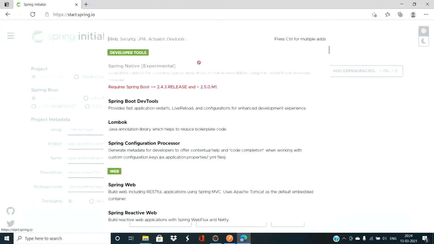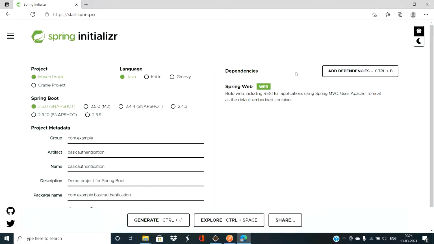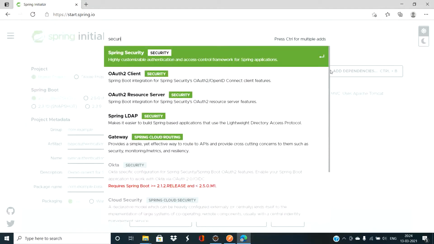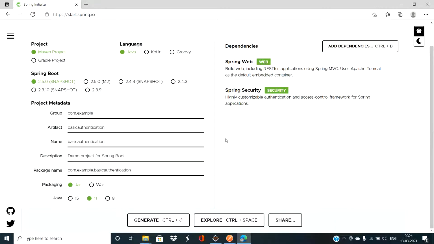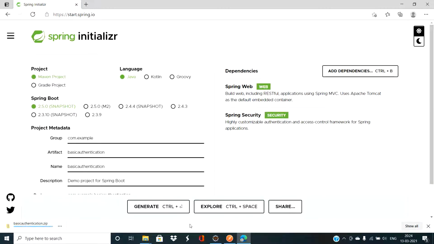The dependencies we need are Web and Security. We'll be creating a jar, and the Java version is 8 basically that I'm using. So that's generated.